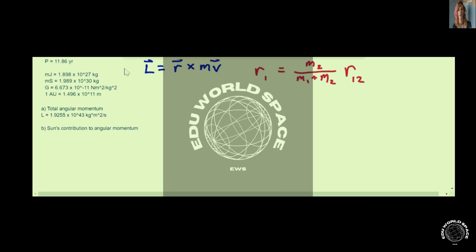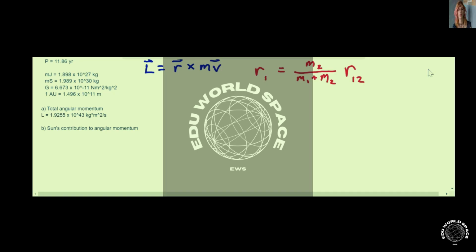To find the location of the Sun relative to the center of mass of the system, we're going to use equation number 20 from the textbook, which says that the position relative to the center of mass, r1 of object number 1, is equal to the mass of the other object, m2, divided by the sum of the masses, m1 plus m2, multiplied by the distance between the two objects,